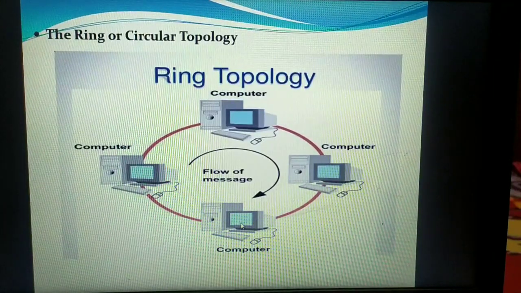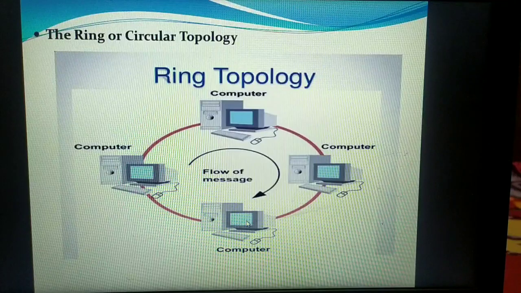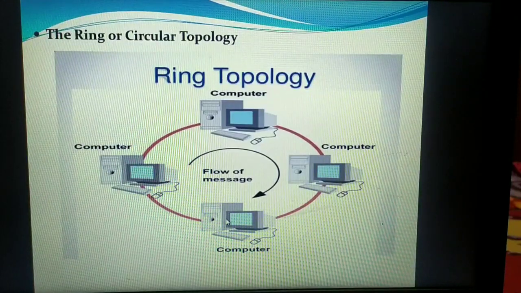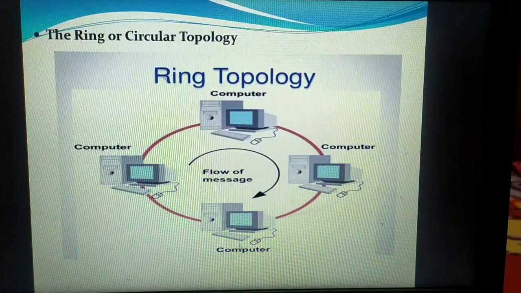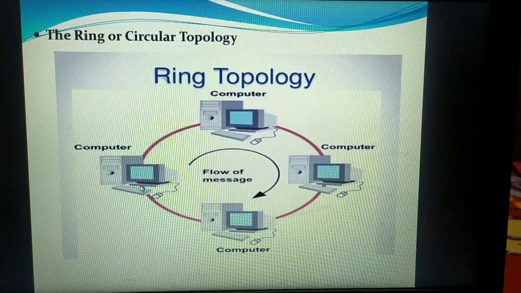When the data packet arrives here, again it will match its packet IP address with the destination IP address here. It doesn't match, so instead of forwarding immediately, your data packet will again be amplified. Because your data packet has traveled a certain distance in the cable, the strength of that data packet may be weak. In order to enhance it, your data packet will undergo amplification, and then it will reach the next neighboring node. This node will forward your data packet to the next neighboring node.